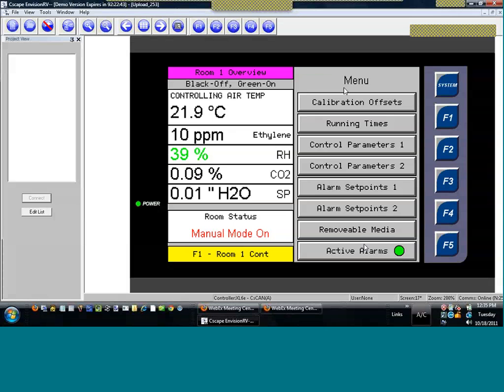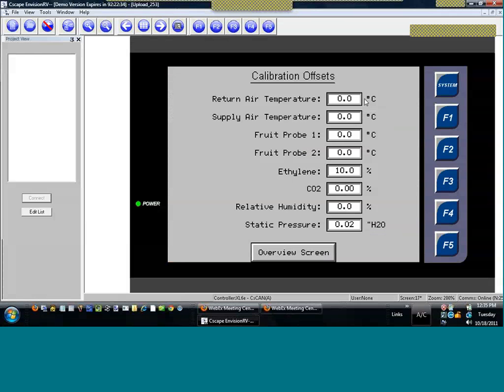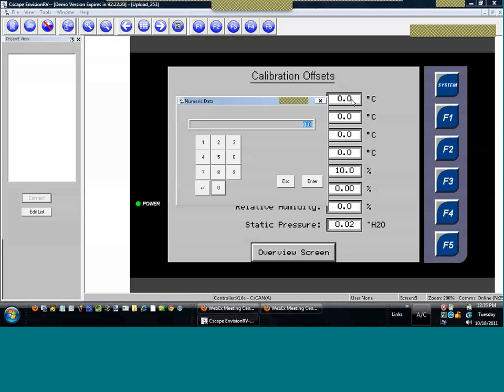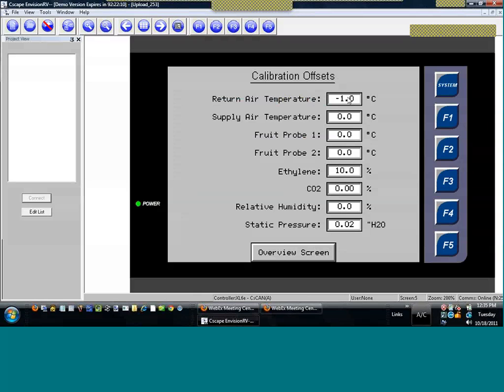In the overview screen, we also have access to submenus. Here's your alarm screen. Everything's green, which is good. Offsets, if we calibrated our RTD temperature sensors to the ripener's master thermometer and say that this particular sensor, which is the return air, was reading 1 degree too high, we could offset it to a -1 and make it agree with the ripener's